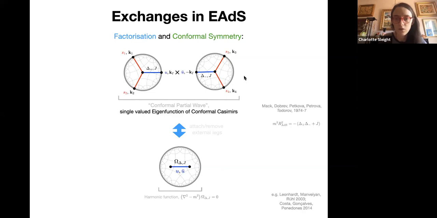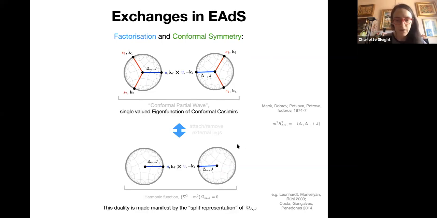So in particular, the quadratic Casimir equation that is satisfied by the conformal partial wave is equivalent to the source-free equation of motion satisfied by the harmonic function. And this duality is made manifest by what is known as the split representation of harmonic functions. So you can express them as a product of two bulk boundary propagators, where one of them is subject to the delta plus boundary condition and the other is subject to the delta minus boundary condition. So you can go from the harmonic function to the conformal partial wave and back by just attaching or removing